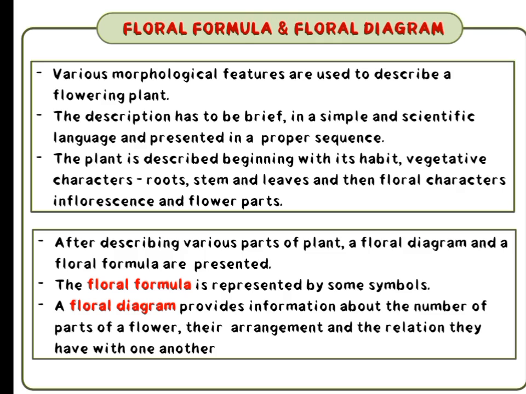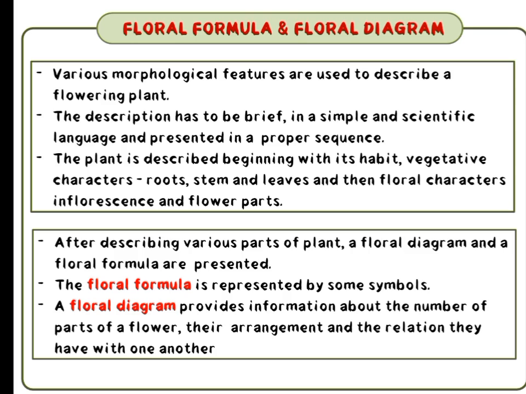Then the type of venation, whether it is reticulate venation or parallel venation. Then come to the phyllotaxy: alternate phyllotaxy, opposite phyllotaxy or whorled phyllotaxy. Also any other features, maybe some hair-like structures can be present on the leaf, or some shining appearance on the leaf surface. And a pulvinous leaf base can be seen. All these data should come under the leaves in the vegetative characters.